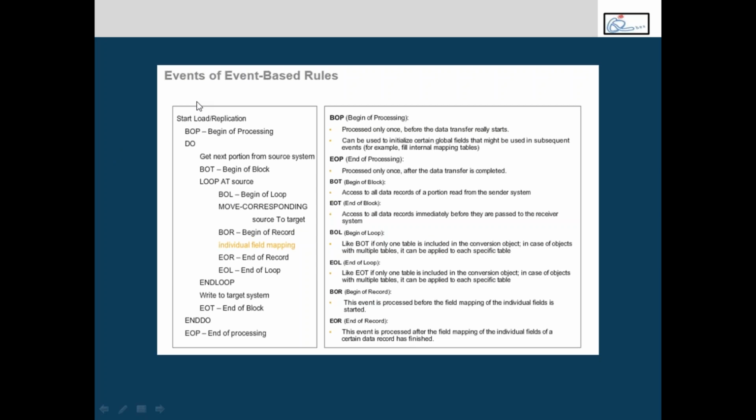In BW you have the start routine first, then the individual field level rules, then the end routine. Same way, when it is event based, there are different sets of events where the data can be processed. So begin of process is the initial stage where the SLT processing is started, and then begin of block. Once the processing is started, it extracts data portion by portion, block by block. So beginning of each block or beginning of each portion,